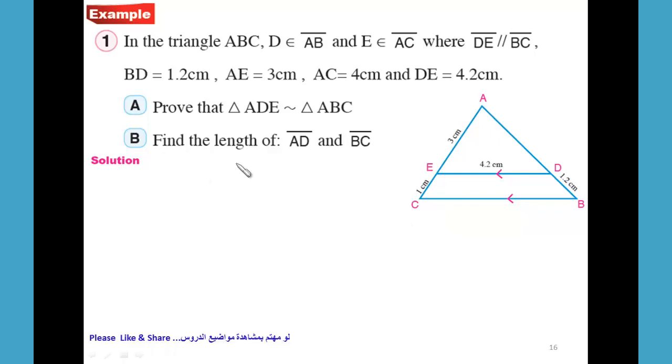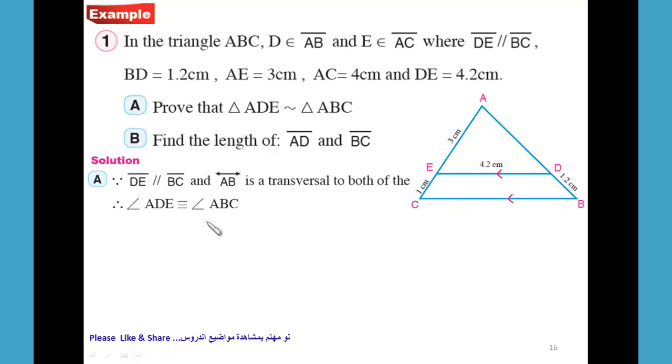Second, find the length of each of line segment AD and BC. And we write, since DE, here is DE, always we go back to the figure. DE is parallel to BC, and AB is a transversal. AB, straight line AB is a transversal to both of them,